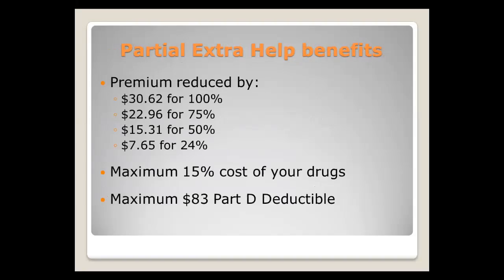So what are some of the benefits for partial assistance? Your premium is still reduced, so you get that full reduction of the $30.62 if you're at 100% extra help, $22.96 if you're at 75% assistance, $15.31 for 50% assistance,